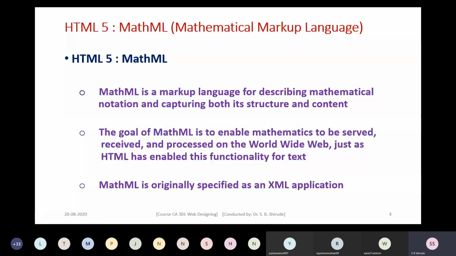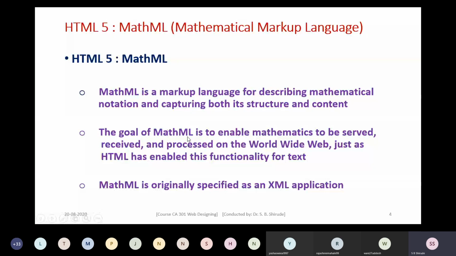I already said that HTML allows us to put text to design web pages, and these web pages we can put on the World Wide Web and the whole world can see them. Similarly, when we want to represent mathematical structures on the World Wide Web, we can make use of this already developed markup language, which is called MathML.